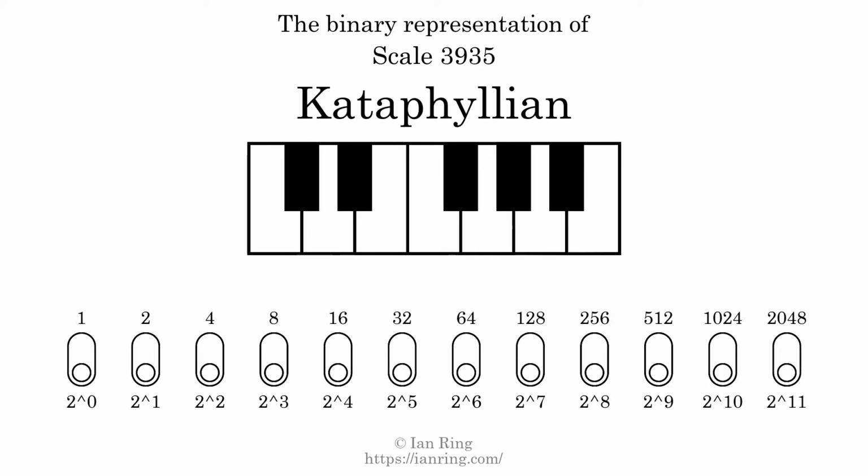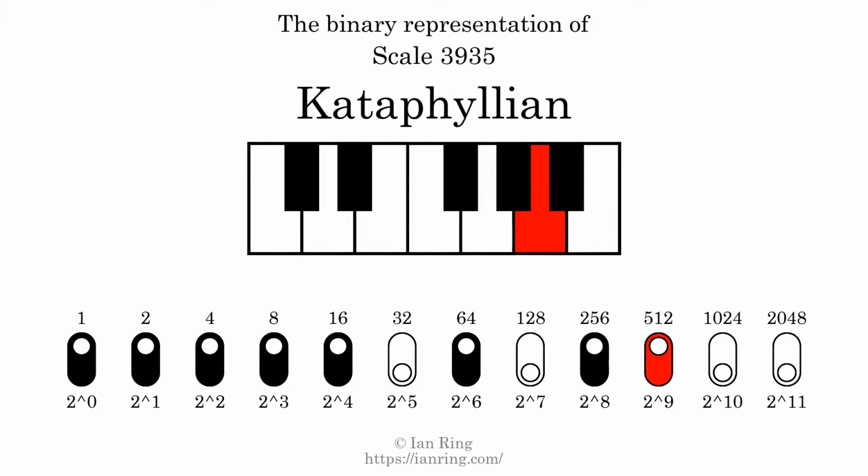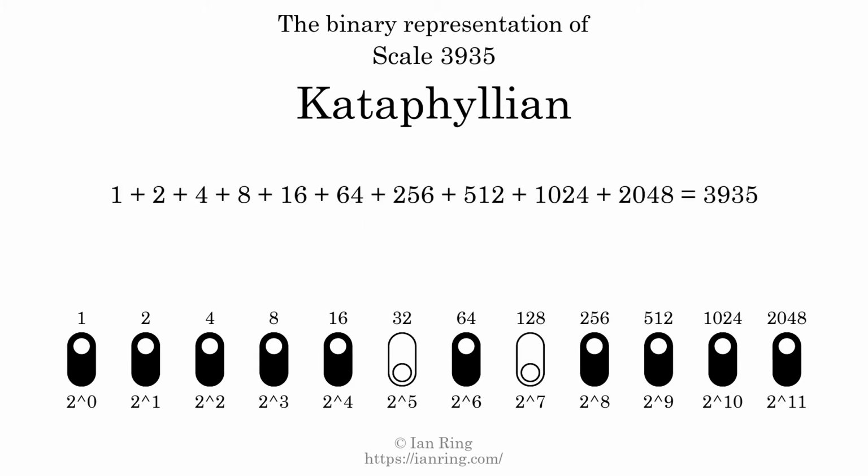The binary representation of this scale is determined by mapping tones of the scale to binary digits. Each binary digit represents a power of 2. To get the scale number, we add the powers of 2 together. The powers of 2 that are present in the scale, all added together, equals 3935. That is why the scale number, in decimal, is